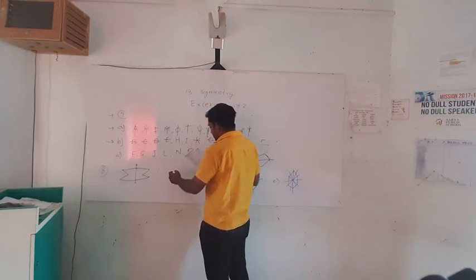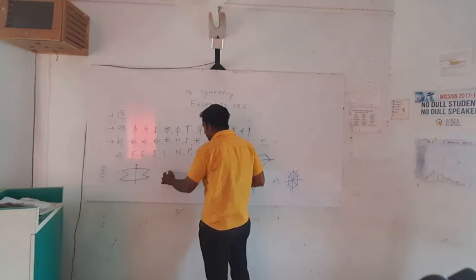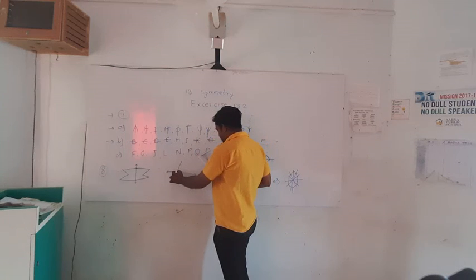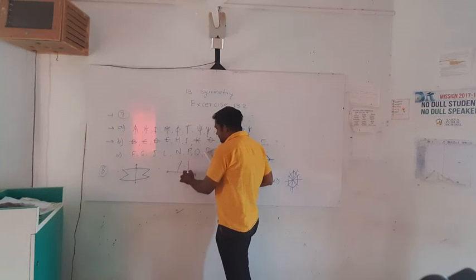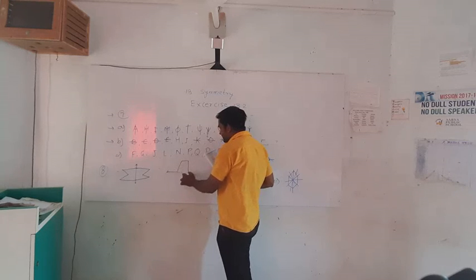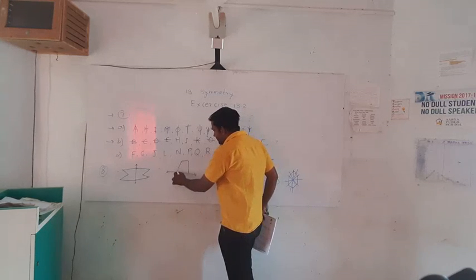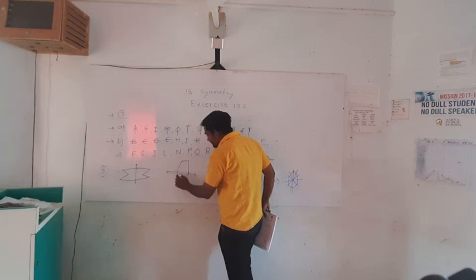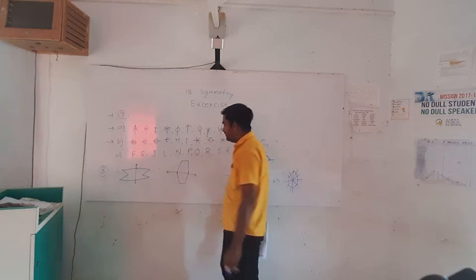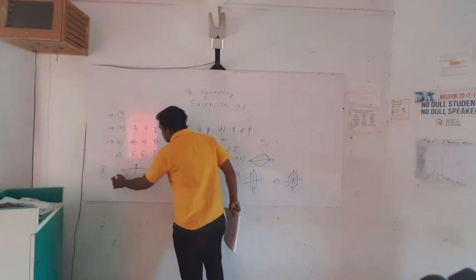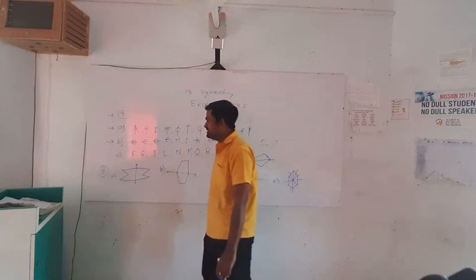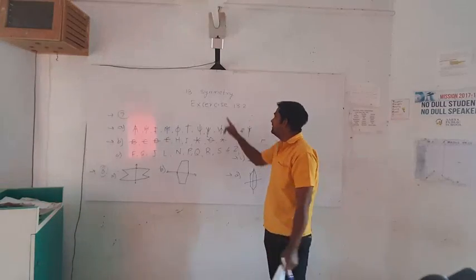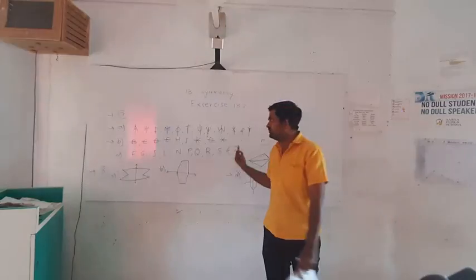And another set they have given. This line is the line of symmetry. Yes. So how do we look at it? We want to find out. This half part they have given. If you fold it, so how does it look? Cut it, how does it look? This way. So here you get the second figure. This is the answer to question number 8. Exercise 13.2 is finished here. Thank you.